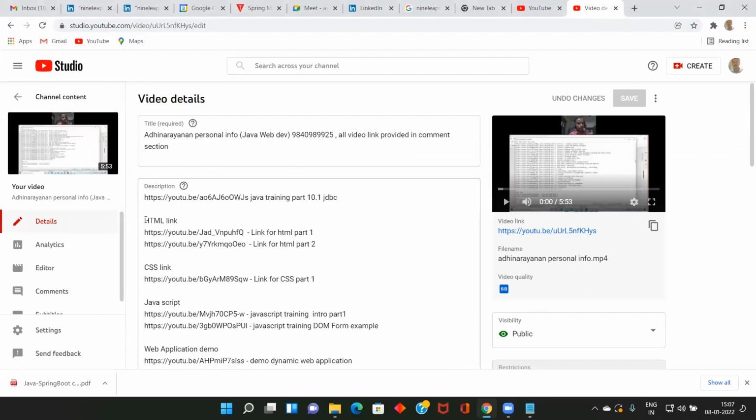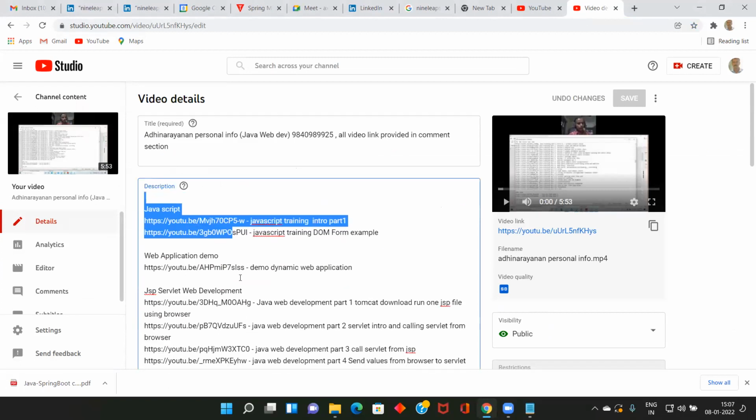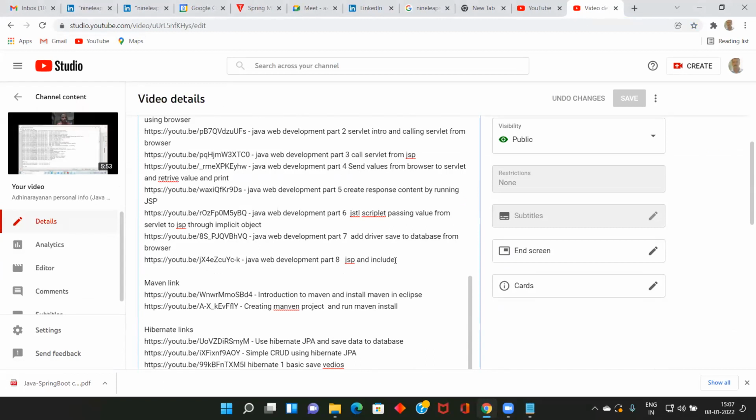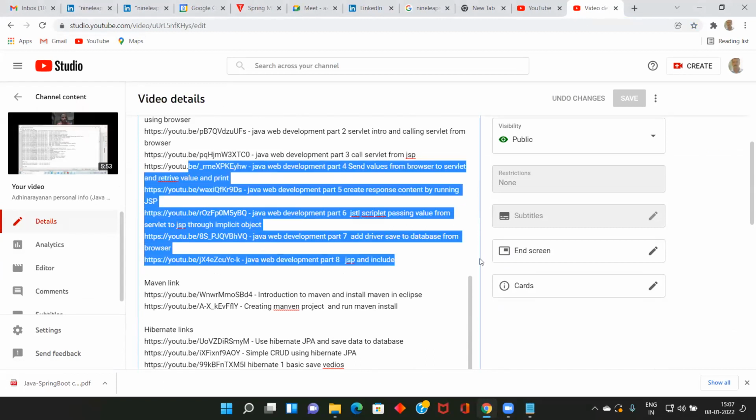If you have gone through this HTML, CSS, JavaScript, this web application demo, and JSP, Servlet, up to this, you would have enough knowledge of Java web application development. Anyway, we don't need to go too much into that as of now.